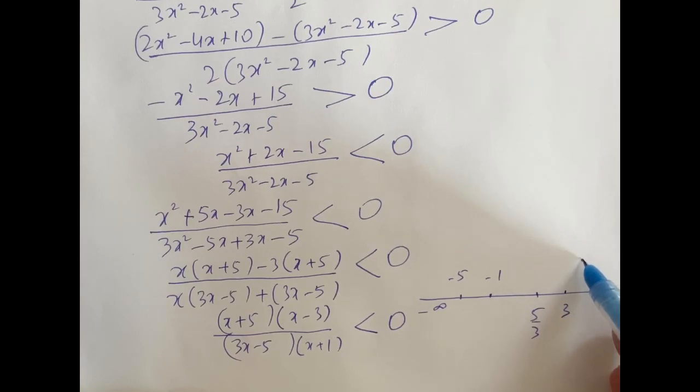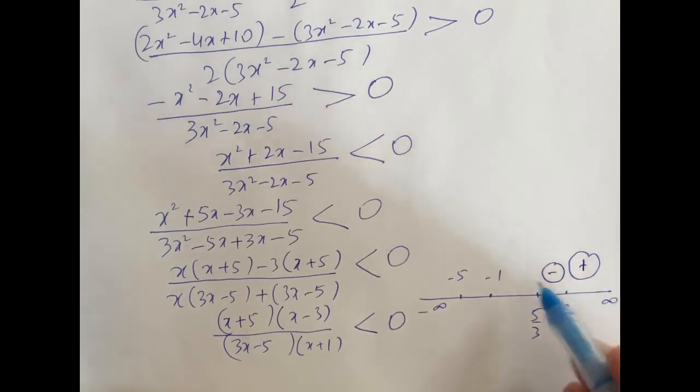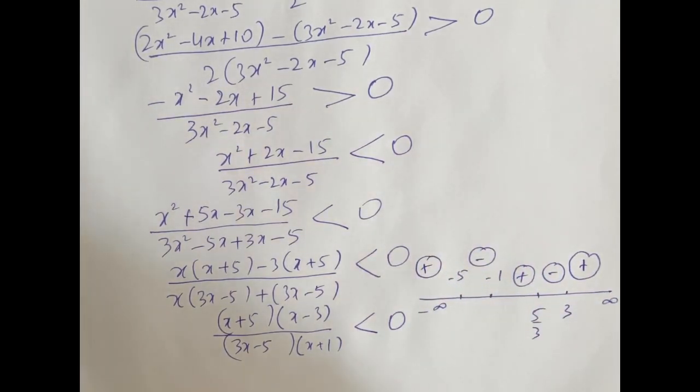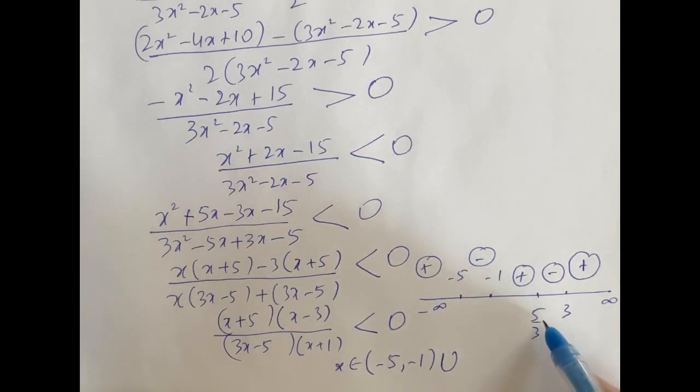Rightmost part we always start with positive sign. So positive, this is negative, then positive, negative, and again positive. We need less than 0, that is negative sign. So negative sign is here, minus 5 to minus 1. So we write x belongs to minus 5 comma minus 1 union, it's 5 by 3 to 3, union 5 by 3 to